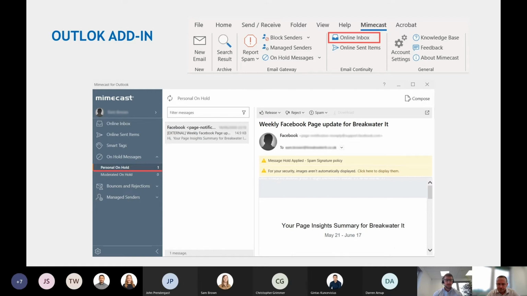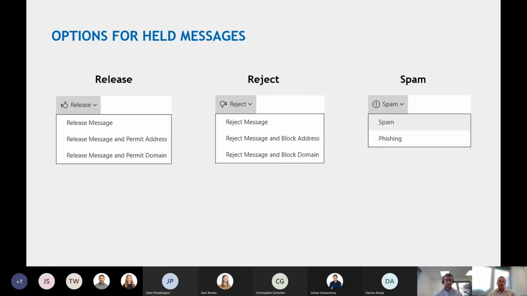So there's three different types. It also allows you to control your held messages. So if you get spam, there's different ways that you can release it. You can come in to the Outlook add-in and say, hold on, I was expecting an email. I've just done a password reset for something and I haven't got the email yet. It might be that Mimecast has said, actually, this looks like it's a spam message, but you need it really quickly. So you can come into the Outlook add-in and find the message that's held in your spam queue. And then there's three options. So there's release,